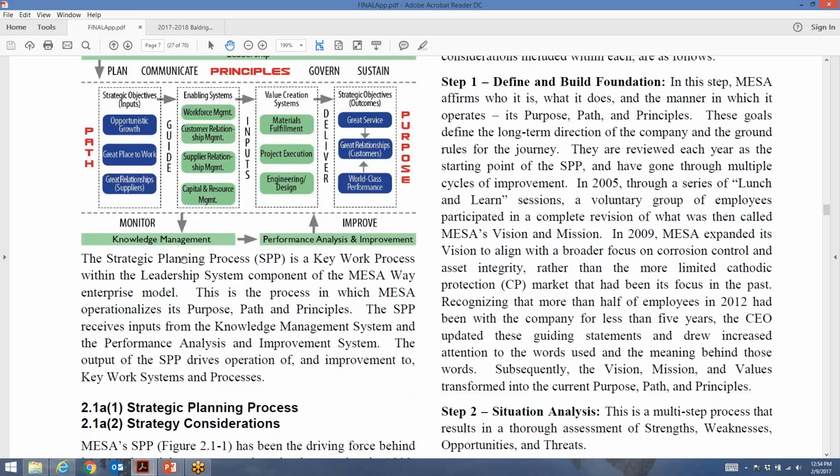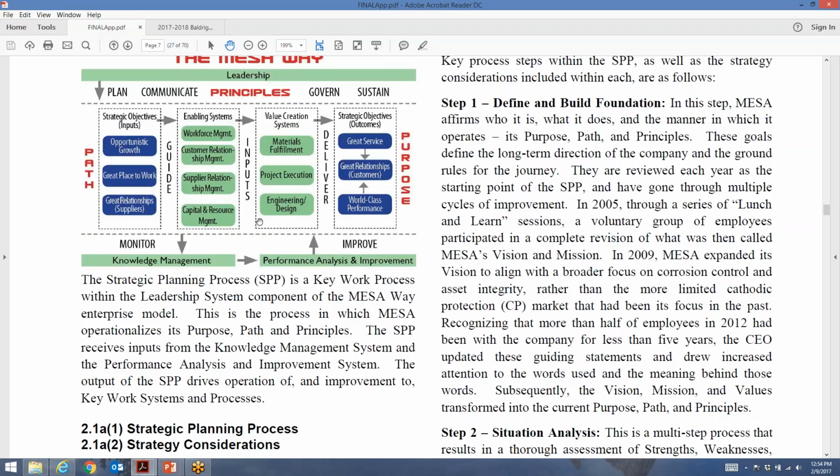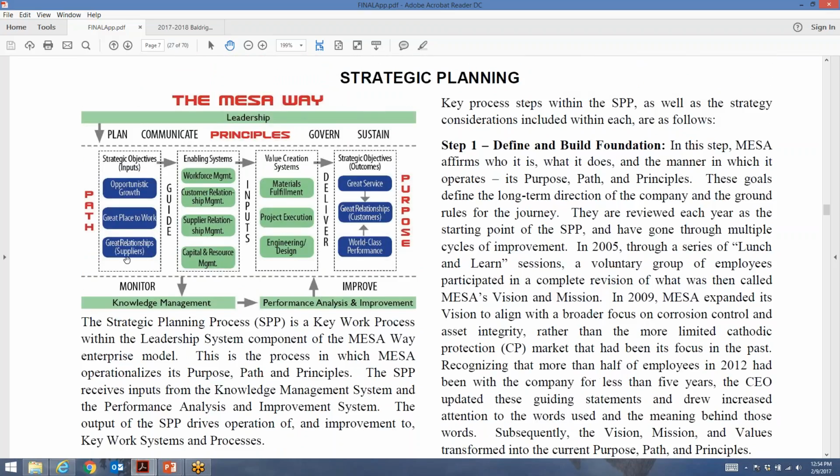Then, this is how we use this. So here again, let me tell you, we're going to talk about this strategic planning process. It's a key work process. It receives input from the knowledge management system and the performance analysis and improvement system. Okay, it's integrated with those things. The output drives operation of an improvement to the key work systems. Okay, so it's connected to those. This picture should illustrate how all these pieces are fitting together to achieve these strategic objectives that I want to get. And again, if you can come up with a picture of that for your organization,